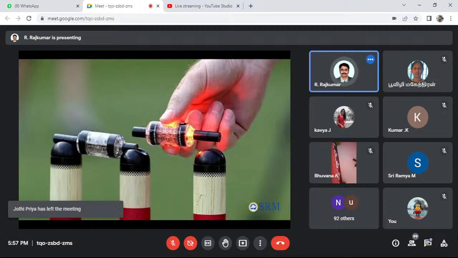It's actually a lightning stump. How much does it cost? Don't Google it, just guess. You can switch on your audio and tell how much it may cost. If you Google also, okay, but I need an answer.